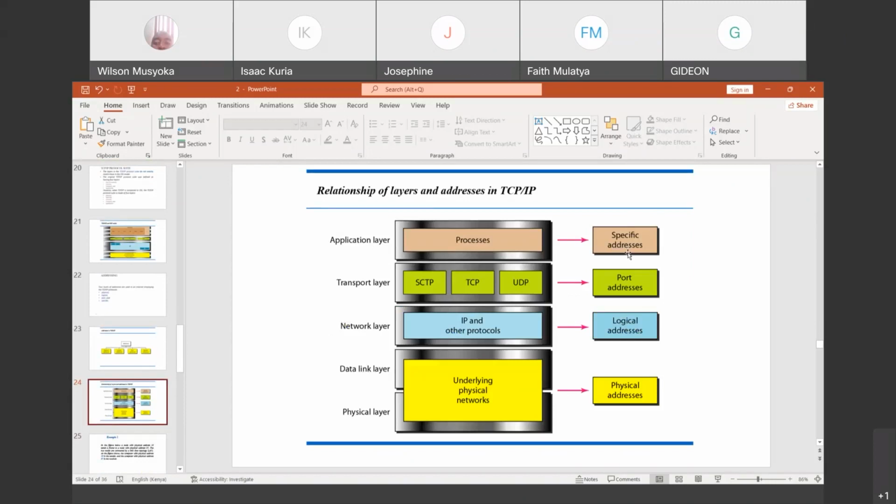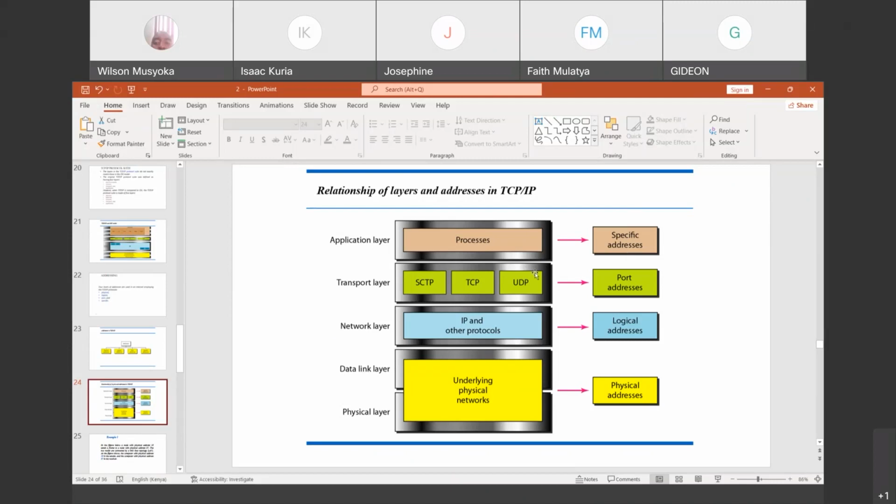These are addresses like your Gmail email address. That is a specific address. We also have the domain name addresses like www.spu.se.ke. That is a specific address.